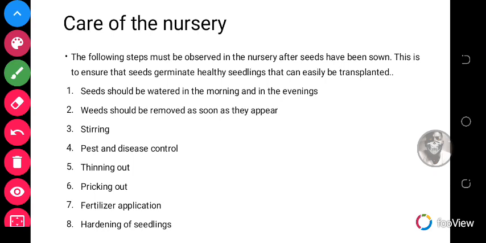Another care you have to look at is fertilizer application. And fertilizer application has to do